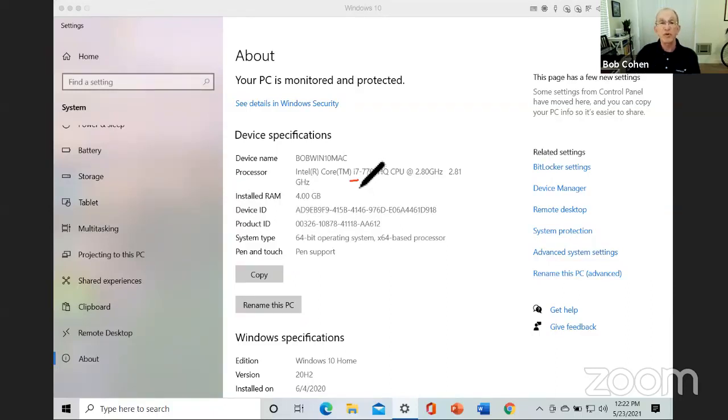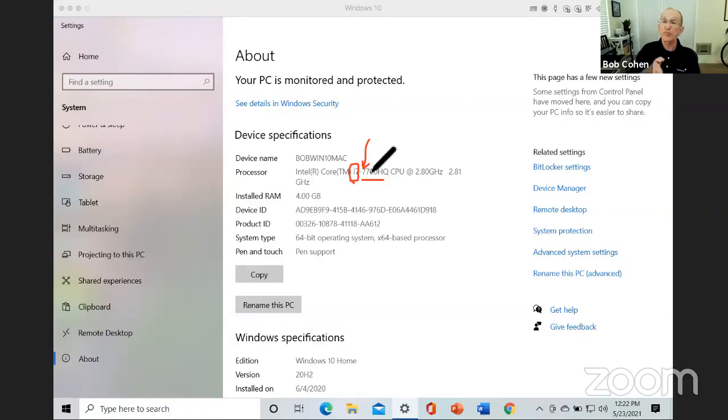With this number, the bigger the number, the faster the chip. Then they have this other number right here, 7700HQ. Well, the first number here, the 7, actually tells you what generation of processor chip you have.